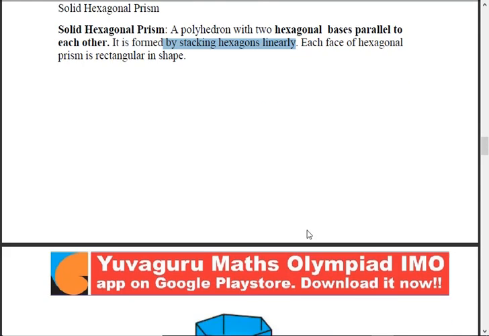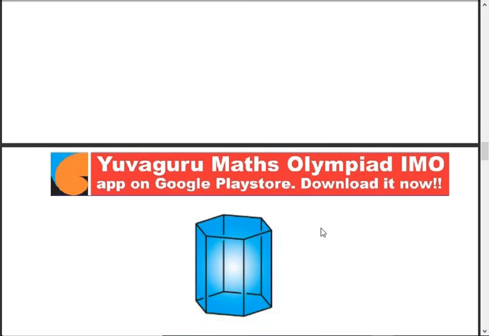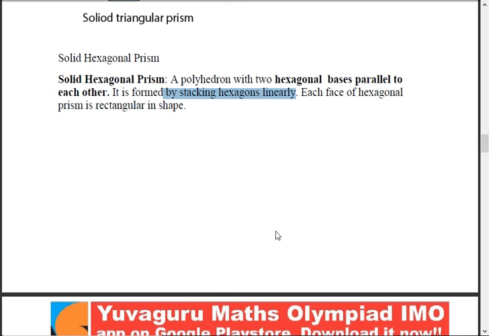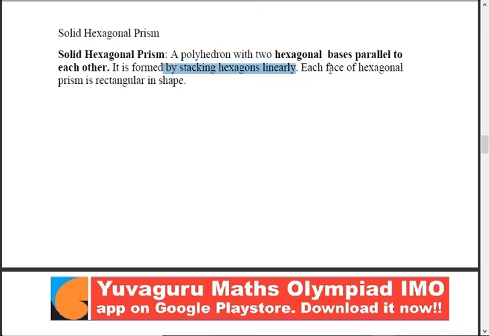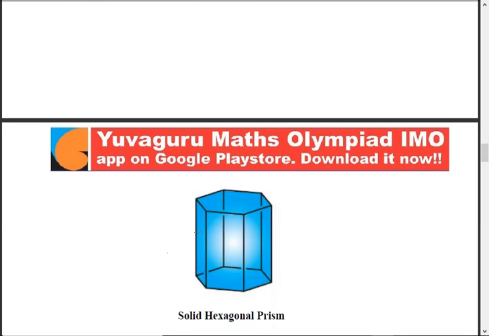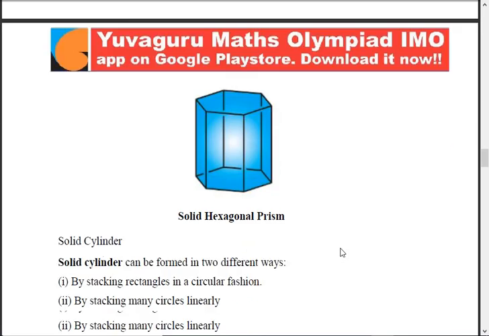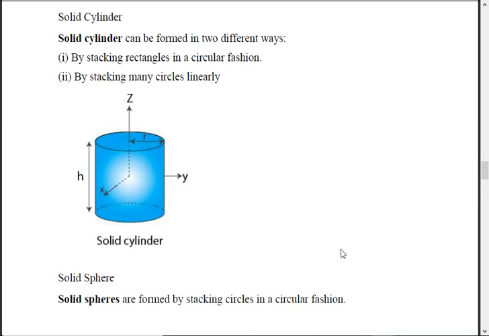Remember this. Never forget this word solid, because we will be facing hollow also after some time. So each face of the hexagonal prism is rectangular in shape, except the top and the bottom. Solid cylinder means this, which we get in bottles, everything. All these are cylinders, but they are